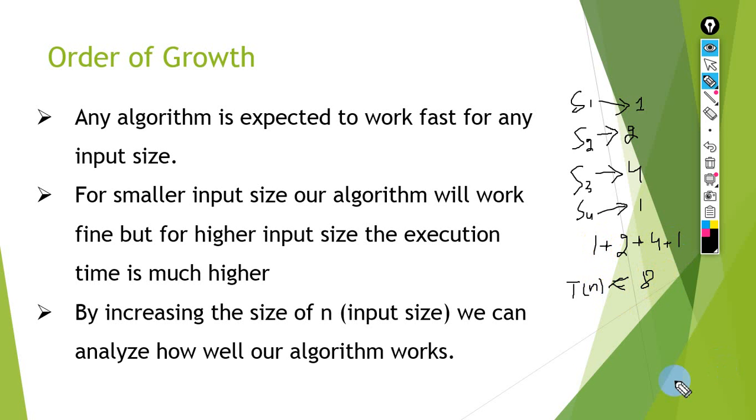This time complexity doesn't represent the time in seconds or minutes. Here, time complexity means the number of steps for the completion of the algorithm. So the order of growth represents the time complexity of the algorithm. If we have a large number of elements in an array, for example an array of size 10 and n is equal to 10,